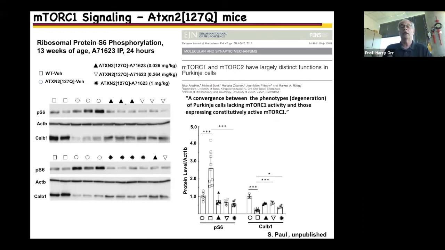So the idea that is developing is that while mTOR signaling activity is very important for Purkinje cell function, you can either have too little or too much to get